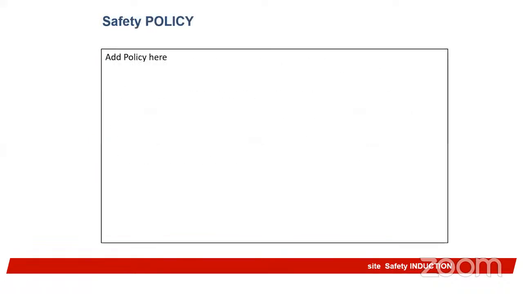Inductions, like we said, are given at various levels. They are what we call reinduction. Reinduction can come as a result of an accident or a violation of safety rules. It can also come as a result of a major accident or injury that occurred, or after a particular period of time. After some changes can lead to new induction. After a particular period of time, maybe after 6 months, you reinduct your workers.